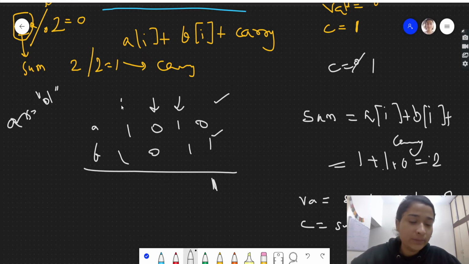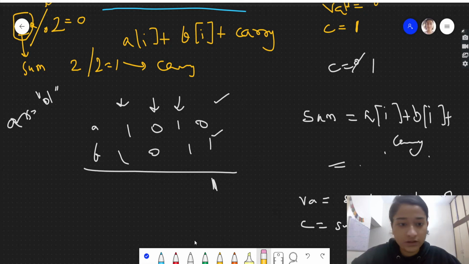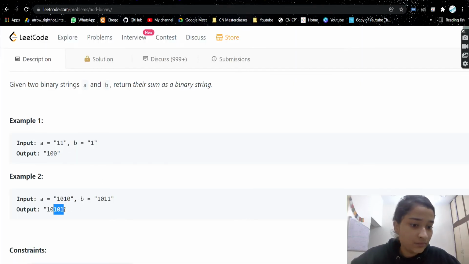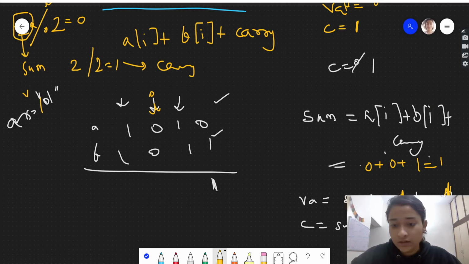Similarly we will repeat these steps, so let's quickly do it. Now I will go here, I is at this position, so this will be 0 plus carry, which is now 1, so the sum will become 1. Here it will be 1 modulus 2, which is 1 only, and so over here 1 will be appended before this, so it will now become 101. You see, this is matching our answer. Then carry will become 1 divided by 2, which is 0, hence carry will become 0. Now I will go here.